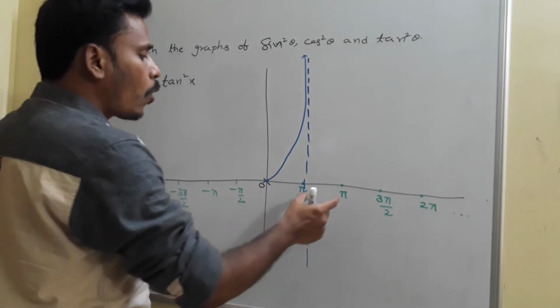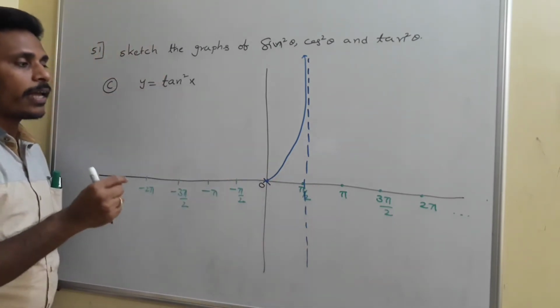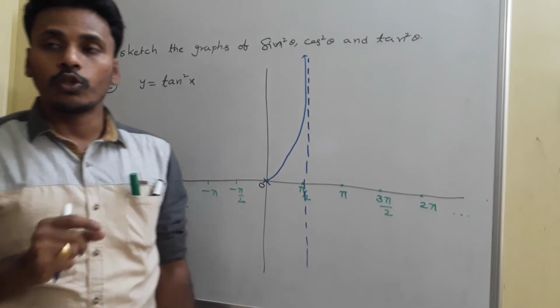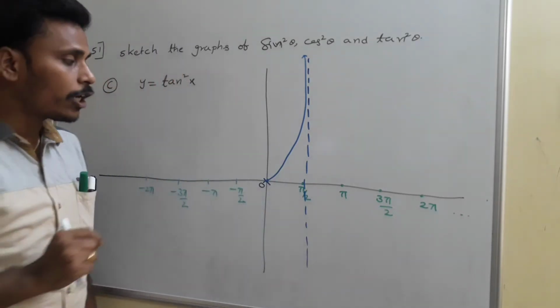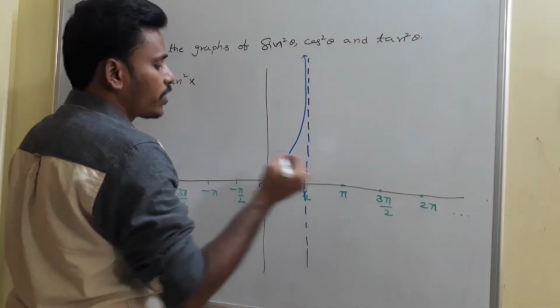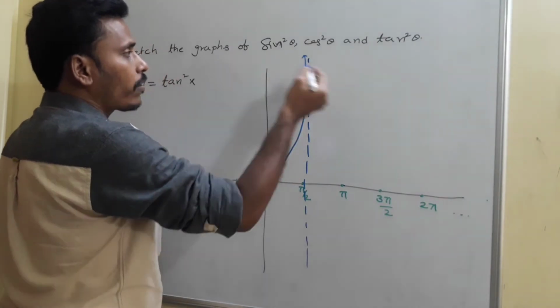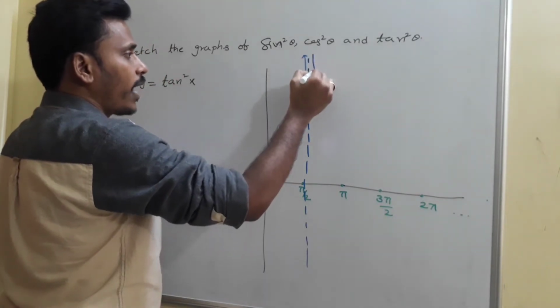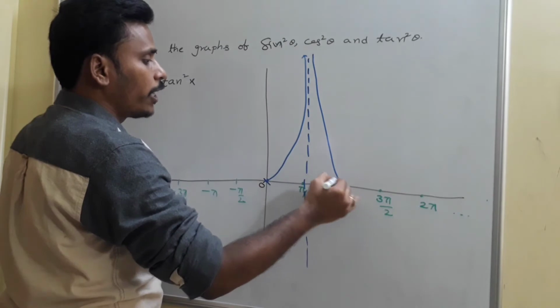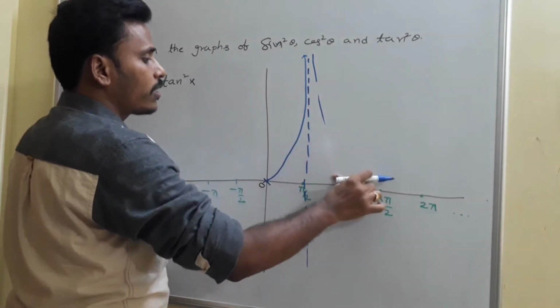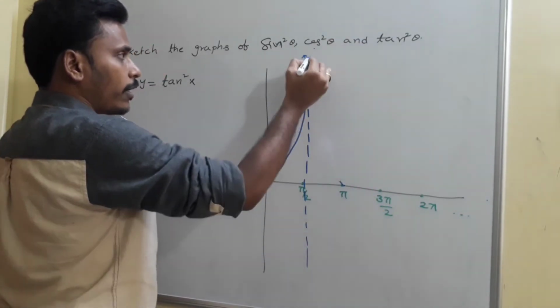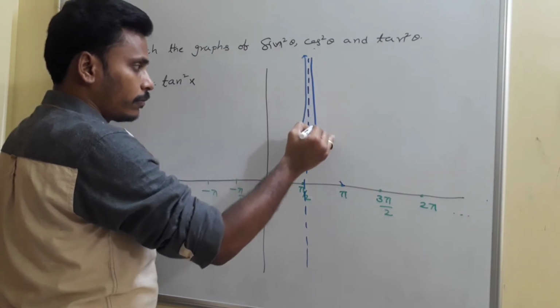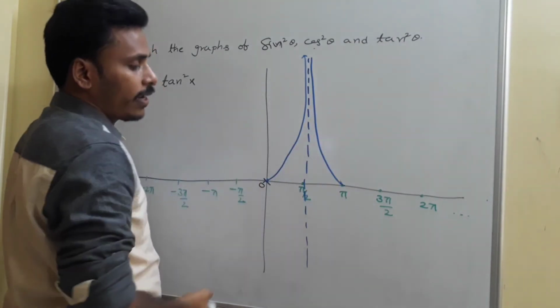Then what do you say about the region pi by 2 to pi? That's what you need to think. In the region pi by 2 to pi, tan pi is 0, and after tan 90 it is again infinity. Again the graph continuously decreases from infinity to pi. It follows the same thing, and we need to sketch it there.